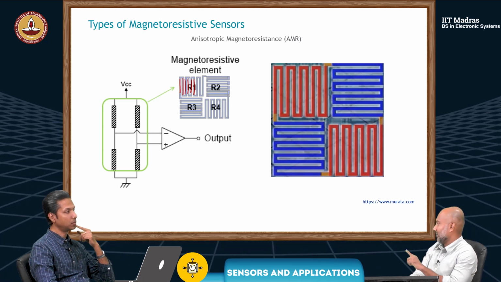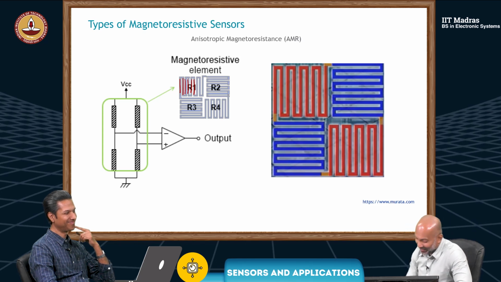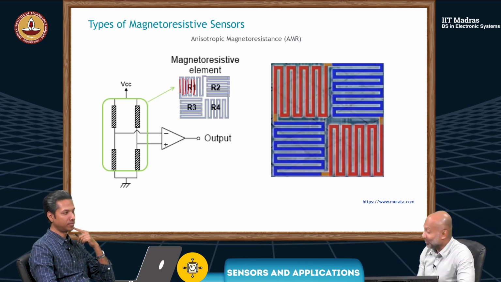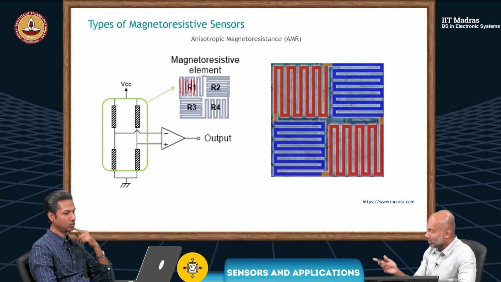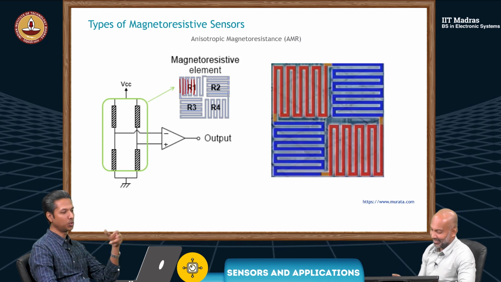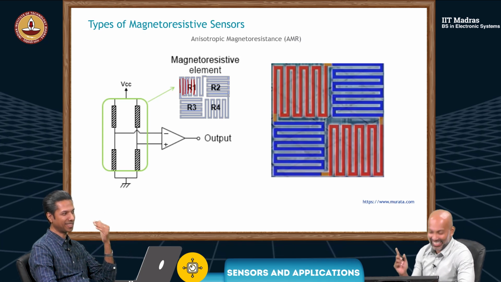Yes. Perfect. To get a well-defined orientation of sensitivity. And that's another reason. And you just talked about that just before. You want a larger value of resistance in a given